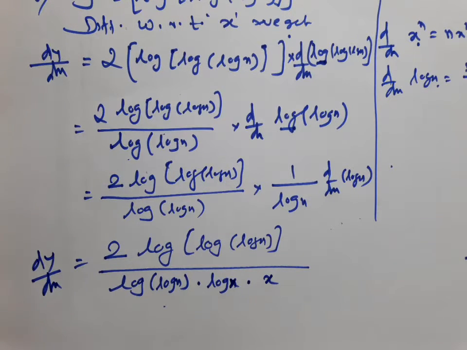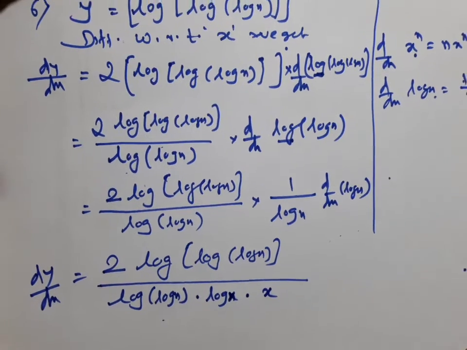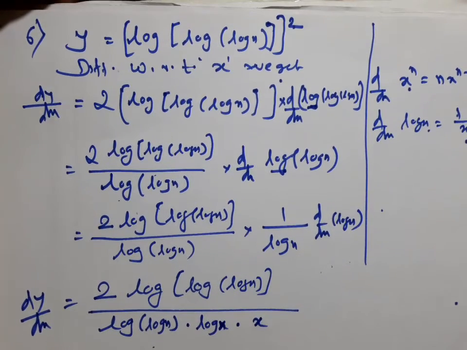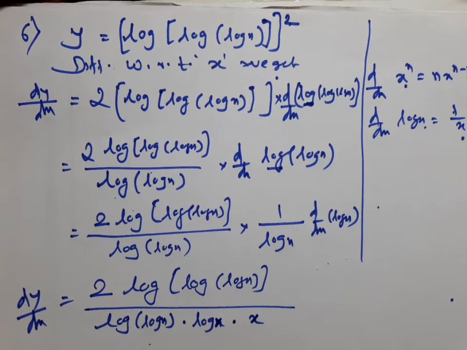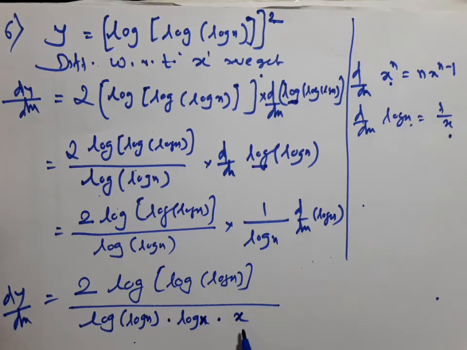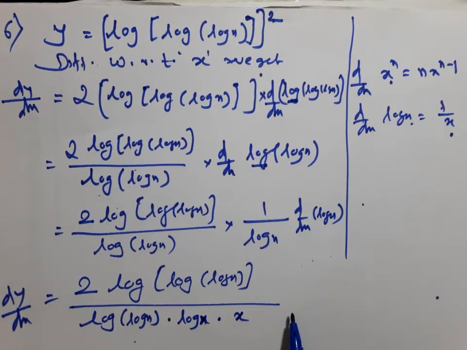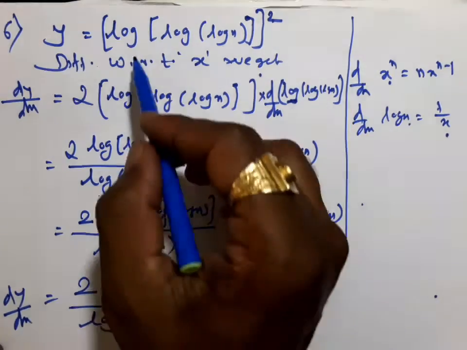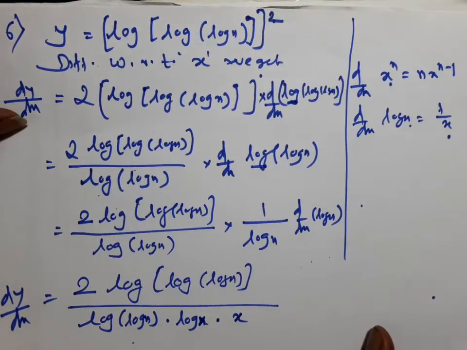So that's why at the beginning of this topic I introduced all the formulas. If you remember these formulas, then this example is simple. Otherwise, the composite function will confuse you. To avoid confusion, be careful. We are doing the chain rule. You cannot stop till the derivative of the last term is 1. Just like here x, the derivative of x is 1. So that example is finished. Understood? Next.